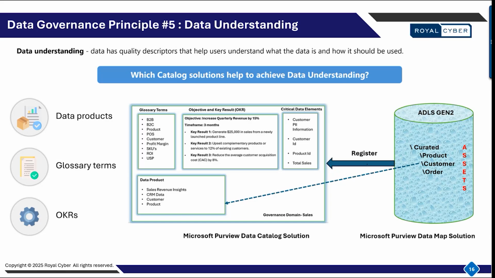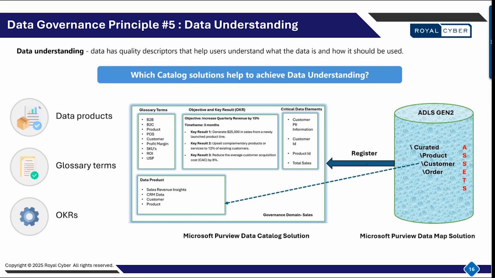Right. So again, just to give an example, glossary terms define commonly used business concepts like B2B, customer ID, or profit margin, ensuring that every department speaks the same data language, right? So data products such as sales revenue insights or CRM data help package related data assets for specific business functions, making them easier to locate and use, right? So by registering and mapping the structured data into the Purview Data Catalog and data map, it helps organizations create a well-governed, easily understandable data environment that supports analytics, decision making, and AI applications. This reduces a lot of confusion, and it improves collaboration and ensures that every data asset is accurate, meaningful,